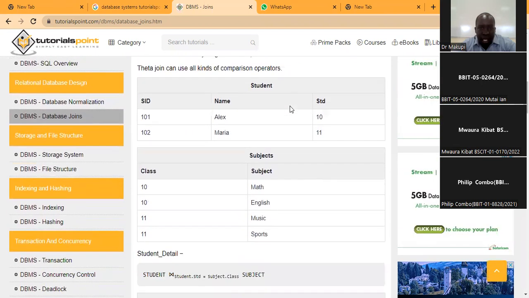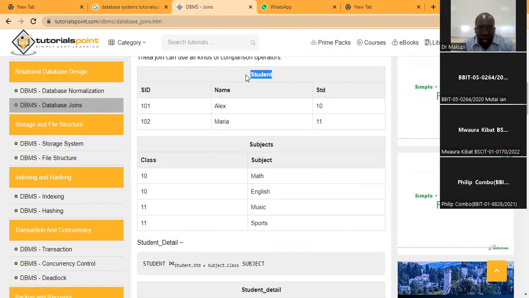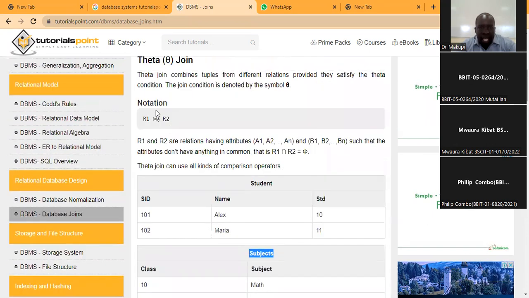There is a real example here. You can see in this student relation, this is relation 1, student, relation 2, subject. In this relation 1, student, it has unique attributes. These are the tables: table SID, table name, table standard. In this other relation, subject, we have table class and table subject. You can agree with me that these tables in the student relation are not similar to the tables in the subject relation. We can agree with that. You can see that they are very unique. So theta join, as we